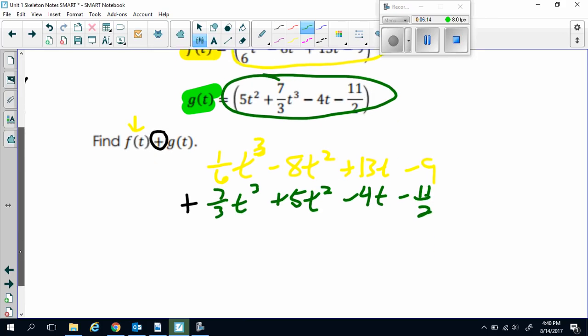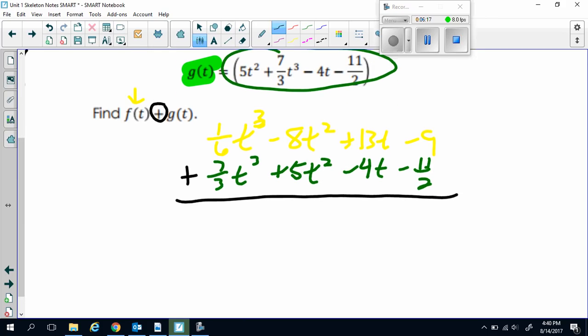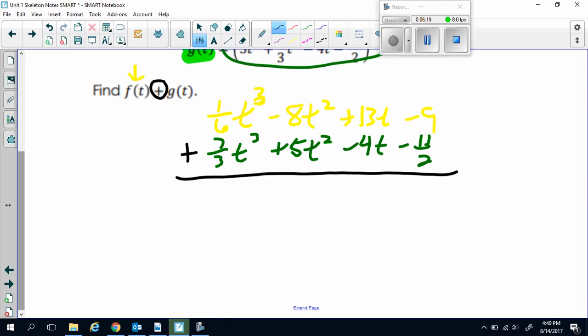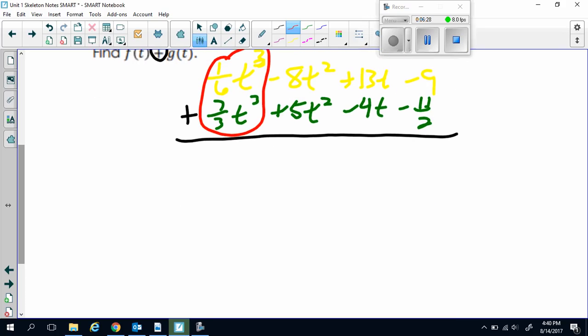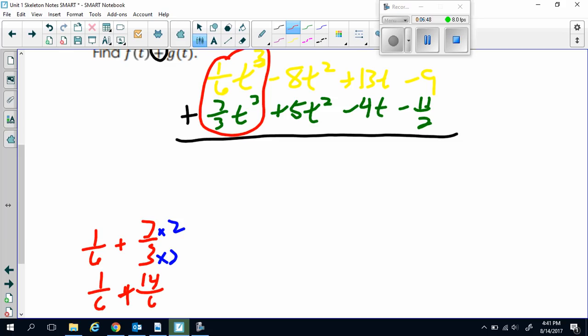So there's fractions here. So we got to remember how to do fractions. Okay, so we have to add these two right here first. I'm going to go a little bit lower. So you're going to have 1/6 plus 7/3. Remember, to add fractions you have to have a common denominator. So to get a common denominator, we're going to take this and multiply this by 2. So what we have is 1/6 plus 14/6, and then you add your tops only. So this would be 15/6,